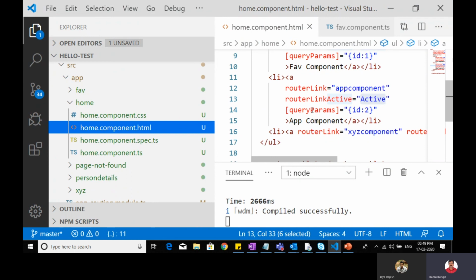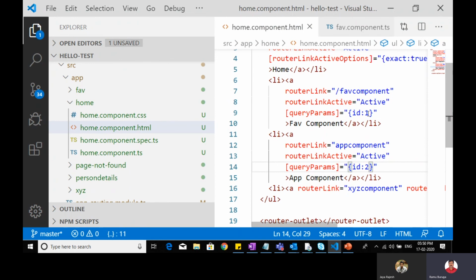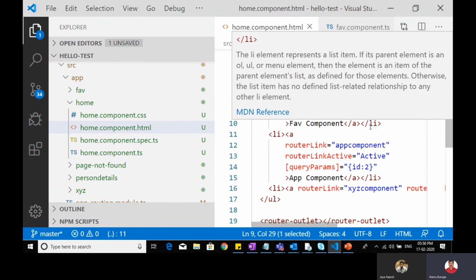Query params. This is the property to use to pass those parameters. This is the id and this is the value I am passing. So by default, I am passing this value 1. You can type whatever value you want to pass in the browser, and it will automatically understand and take it. This property you should use in the component: query params equal to the variable name you want to give, and a default value. If you don't want a default value, you can remove it.